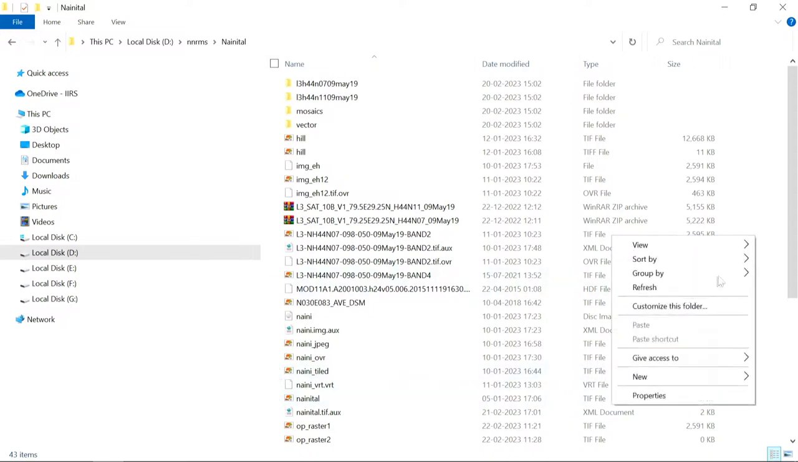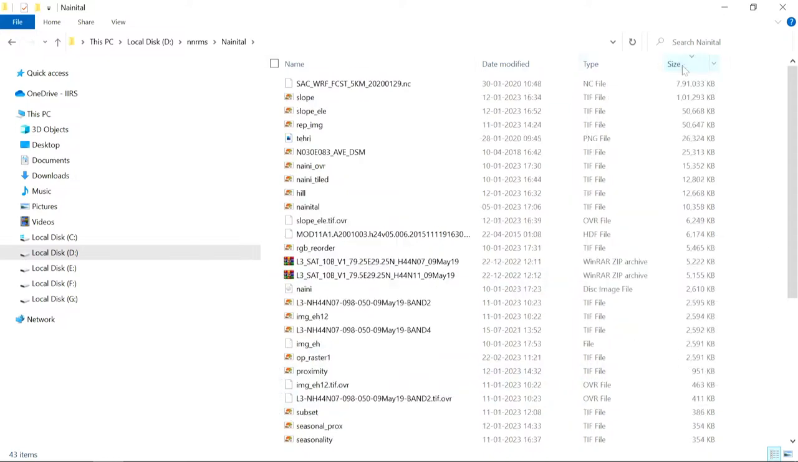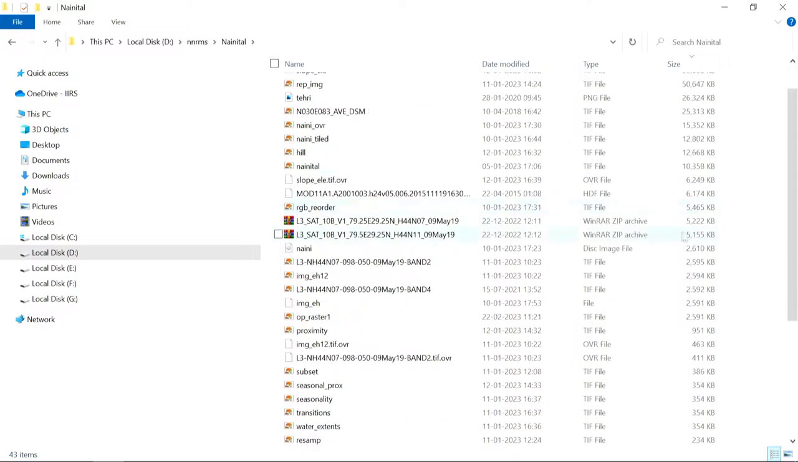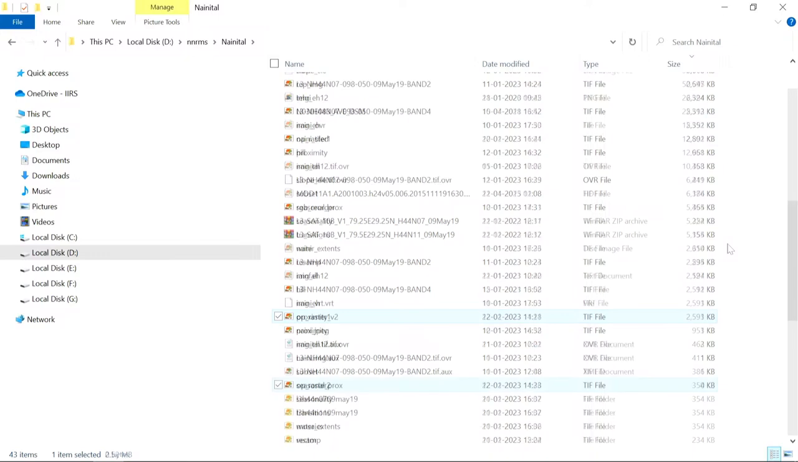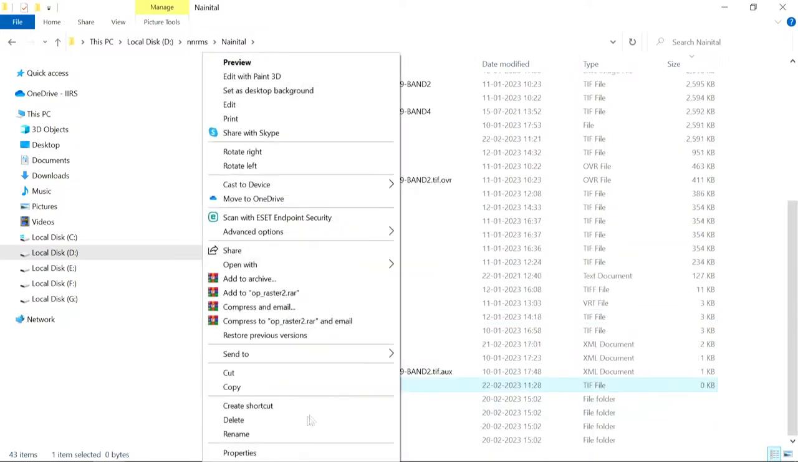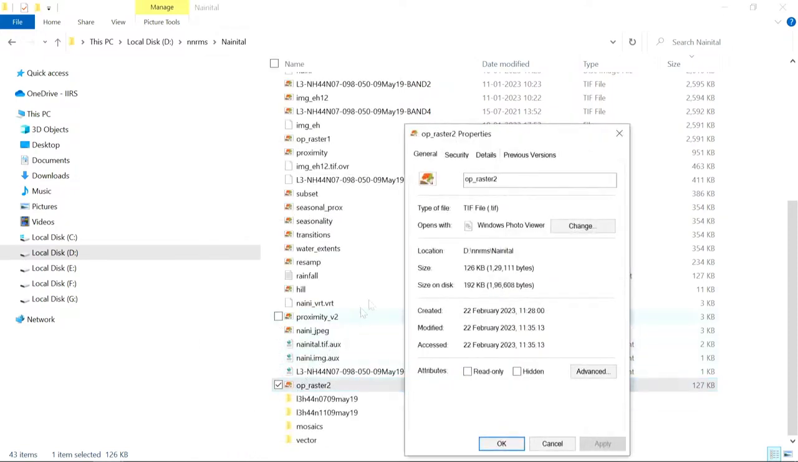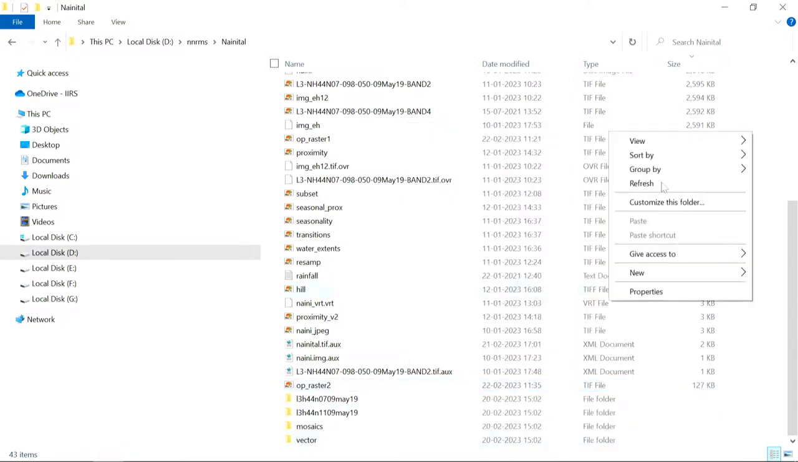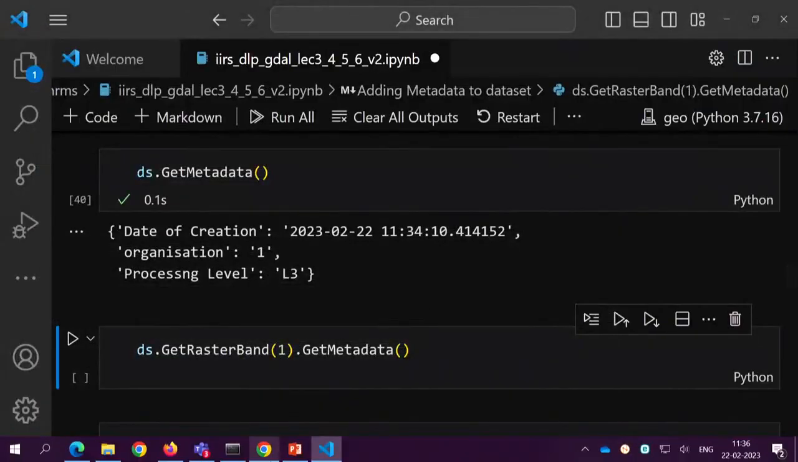Copy raster to... where is that OP? So it says, anyway this was not displaying, but now it is showing. So 192 KB of data got written to this file, copy raster 2. Now let us read this